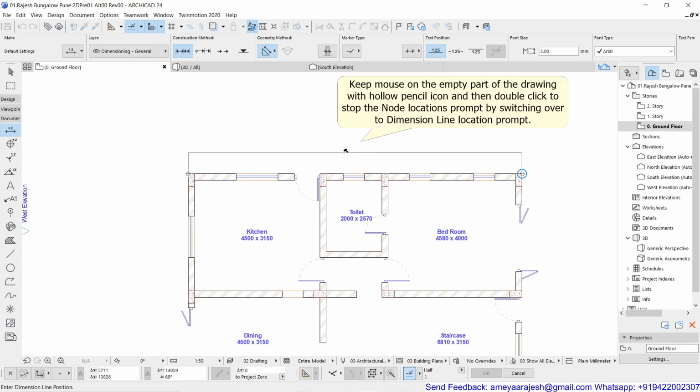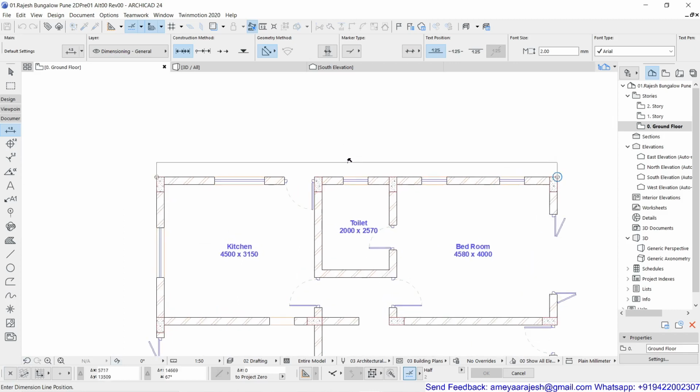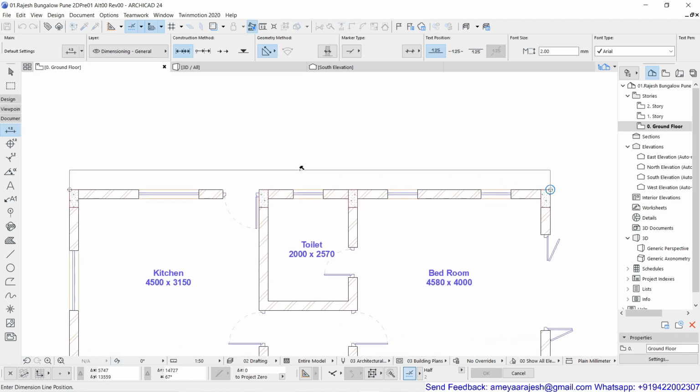The moment you double click, a hammer cursor appears and the prompt at the bottom of your screen says: enter dimension line position. That means where you want to place the dimension. Because these 2 points are picked exactly in the horizontal direction, along the x-axis, there is no possibility of tilting this dimension or making an angular dimension. I'll give you all the explanation maybe in a next part, but right now we are focusing only on the linear one, which is parallel to x.